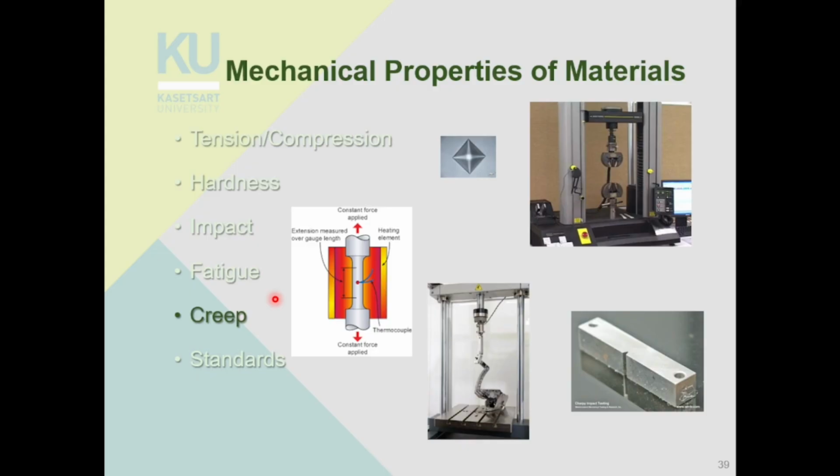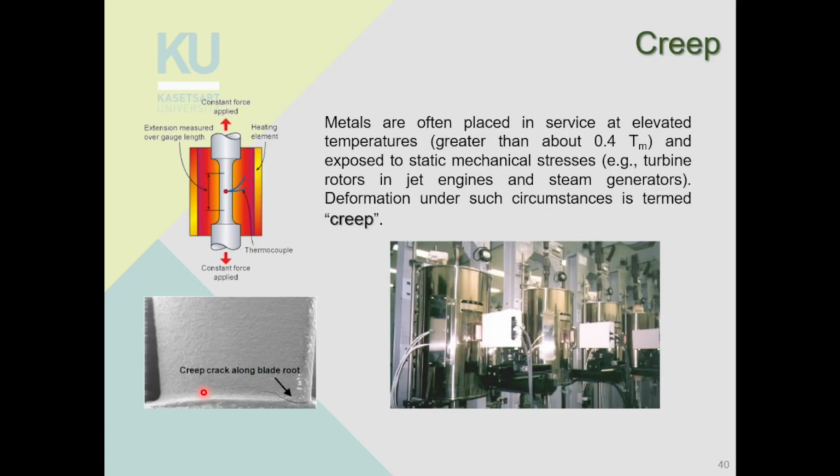Okay, next property of material is creep. So if fatigue is the ability of material to be used under repeated load for a long time, creep is the ability of material to be used under constant loading at high pressure, at high temperature for a long time, right? So creep